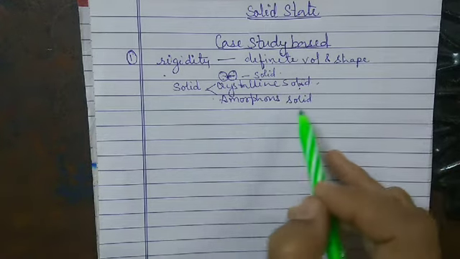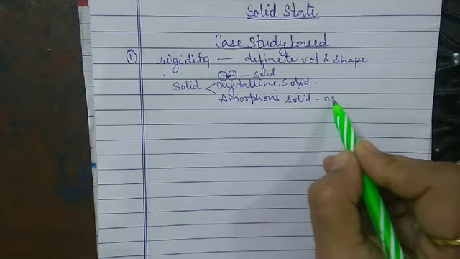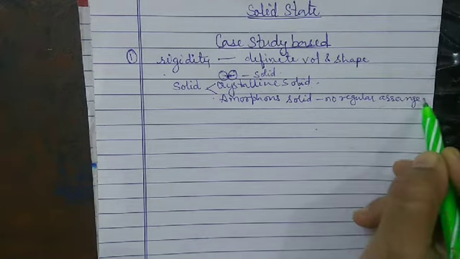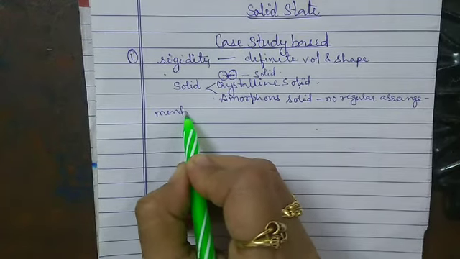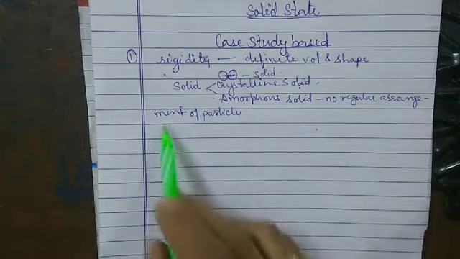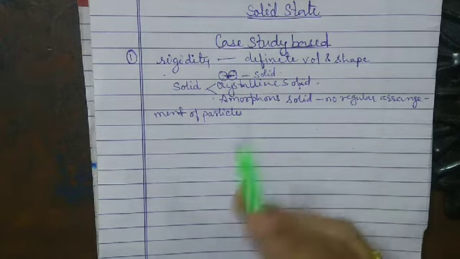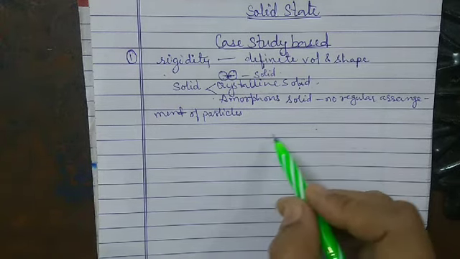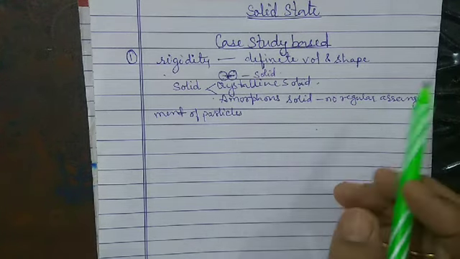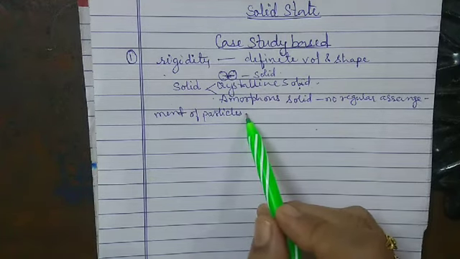And on the other hand, if we are talking about the amorphous solid, it means there is no regular arrangement of particles. It means they have irregular shape, melt over a range of temperature, they have no definite heat of fusion, and they are isotropic and undergo irregular cleavage, whereas crystalline solids undergo regular cleavage and amorphous solids undergo irregular cleavage.